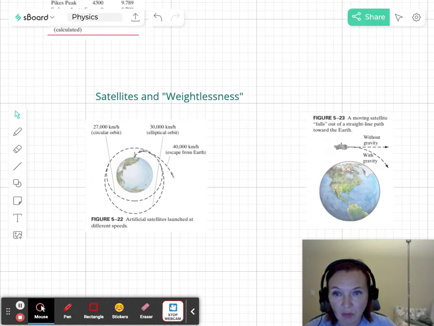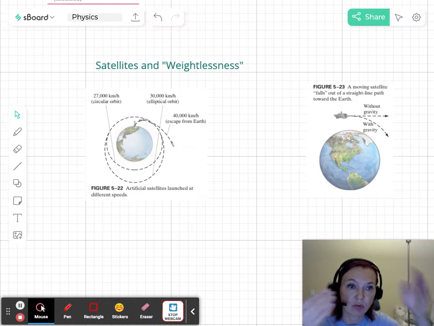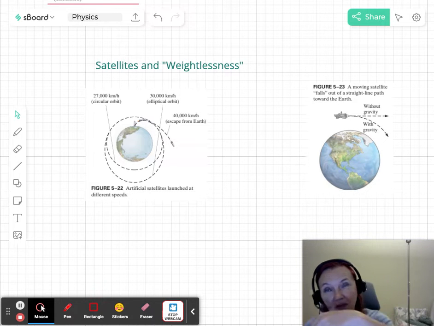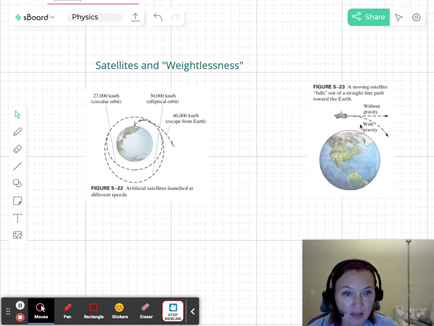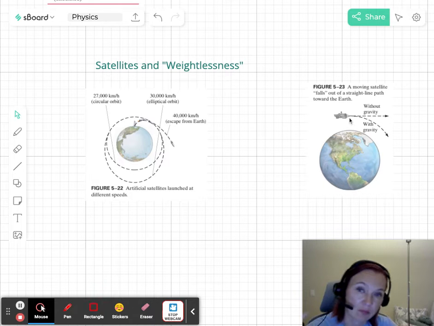Now, sometimes people ask what keeps a satellite up. Why wouldn't it fall? Well, the answer is that it is actually falling towards Earth, but because the speed is so high, it just never hits. In other words, if the satellite stopped moving, it would fall directly onto Earth. Plop, that's it. But if the speed was too high, the satellite would go off into space.